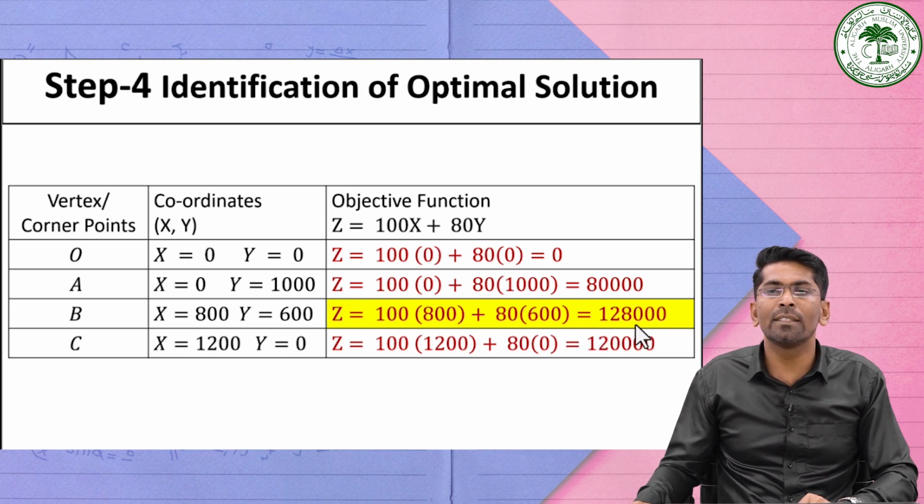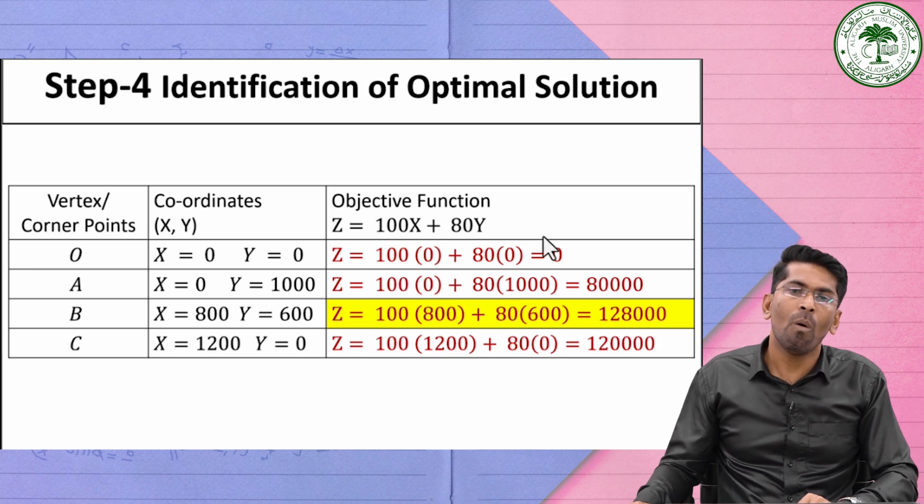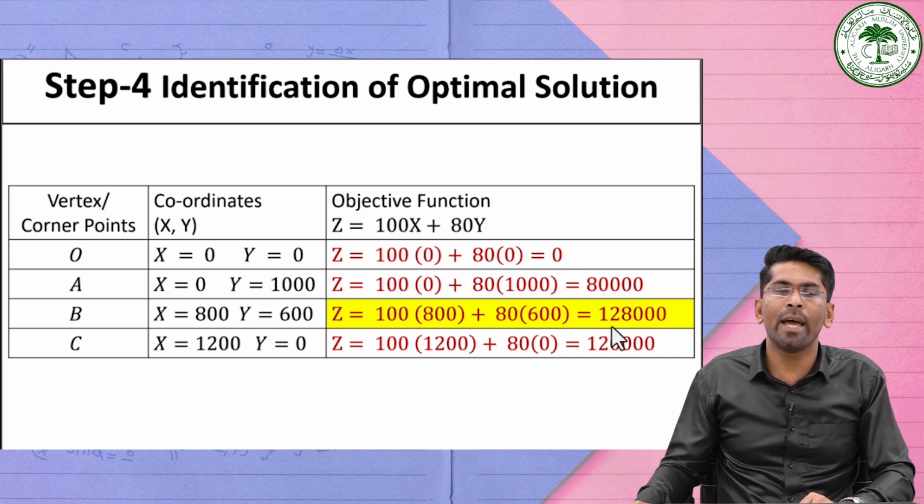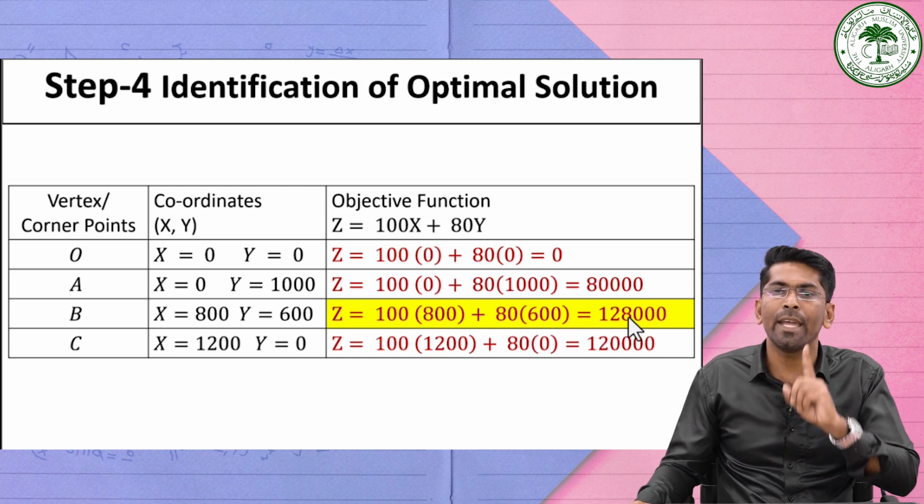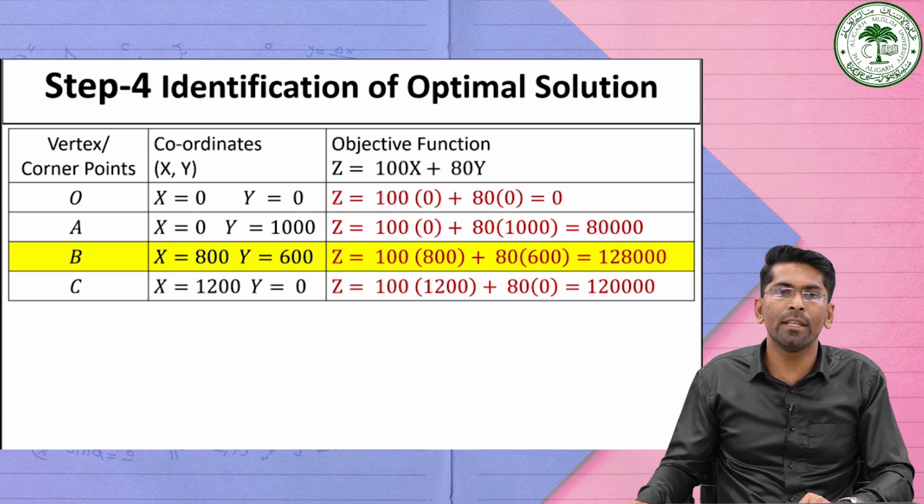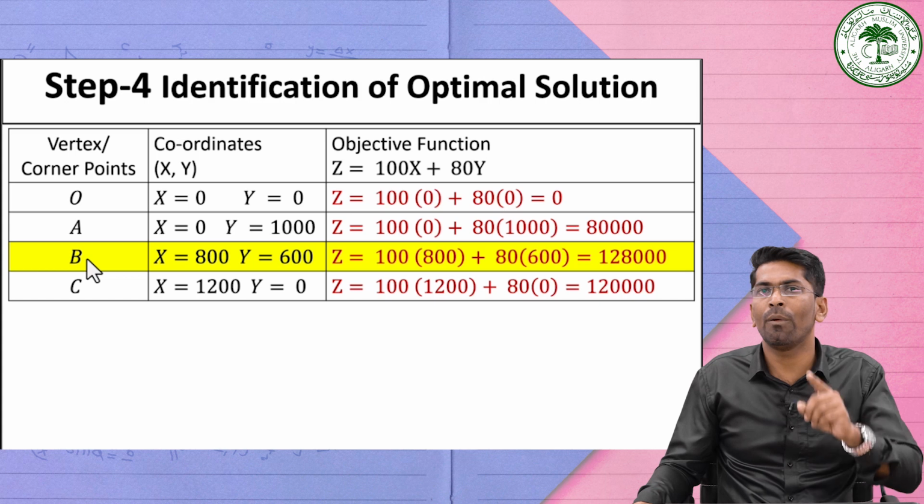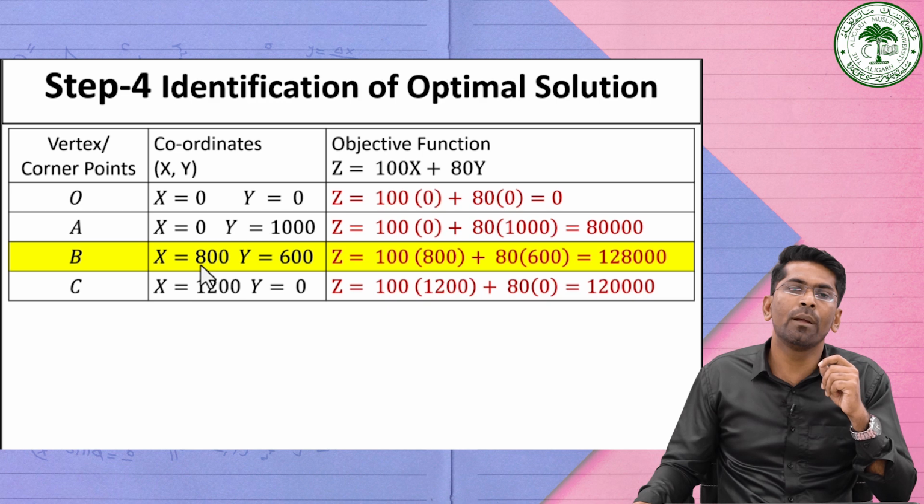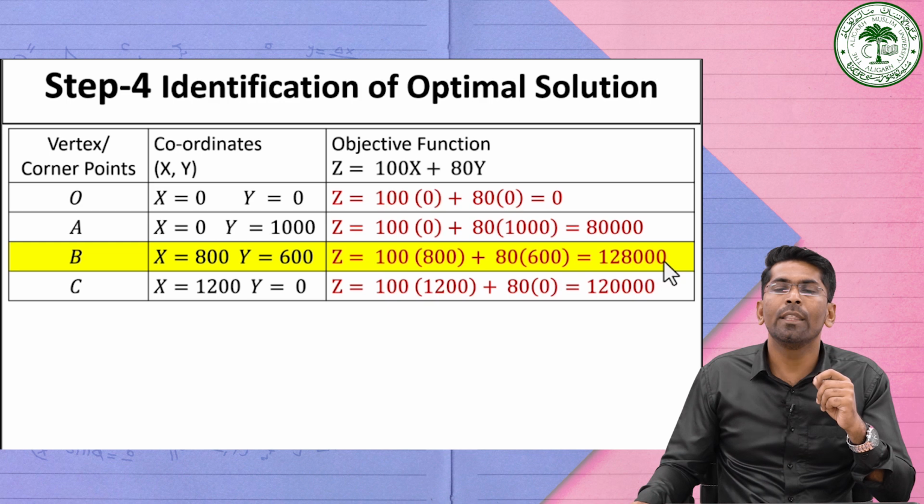So out of these calculated values of the objective function, the highest value or profit is 1,28,000, and this is considered the optimal or maximum profit, the optimum point. All these are feasible points, but out of all these feasible points, we have only one optimal solution, which lies at the point where the profit is highest, that is 1,28,000. So we can say that this corner point B, which in the graph was an intersection of two lines, is where x is equal to 800